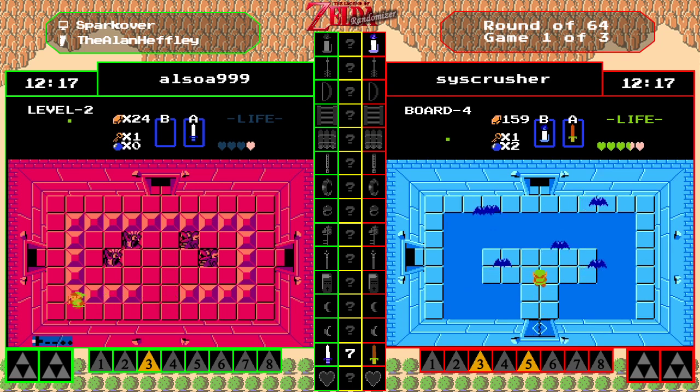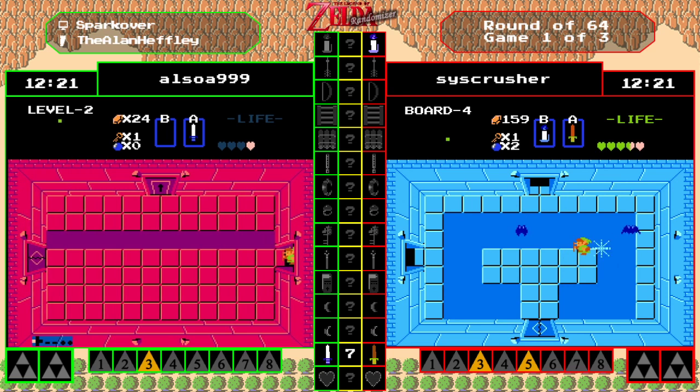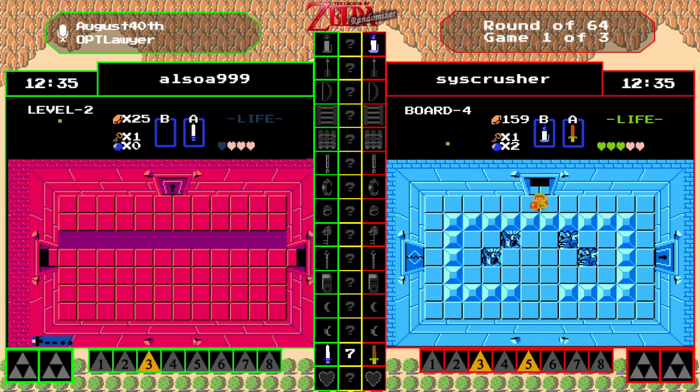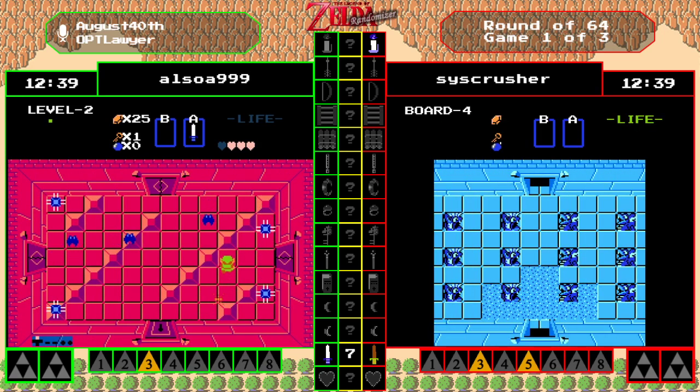However, with the Dig Dogger, he may be blocking one of the items. Yep, depending on what's in here, that might have pushed Syscrusher away from where he needed to go, but it also might have pushed him towards something. Let's see what's in level 4. Now, level 4 has a Triforce right outside the start room. Meanwhile, level 2 has a Triforce pretty close to the start room too, so...